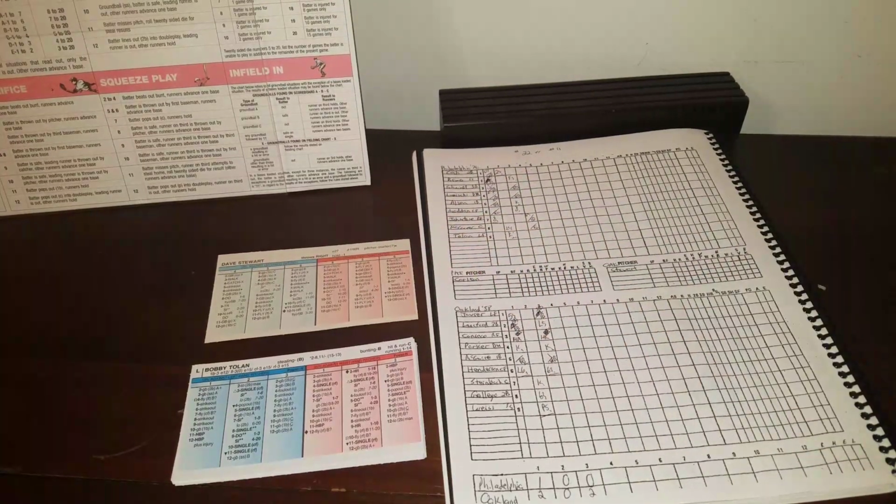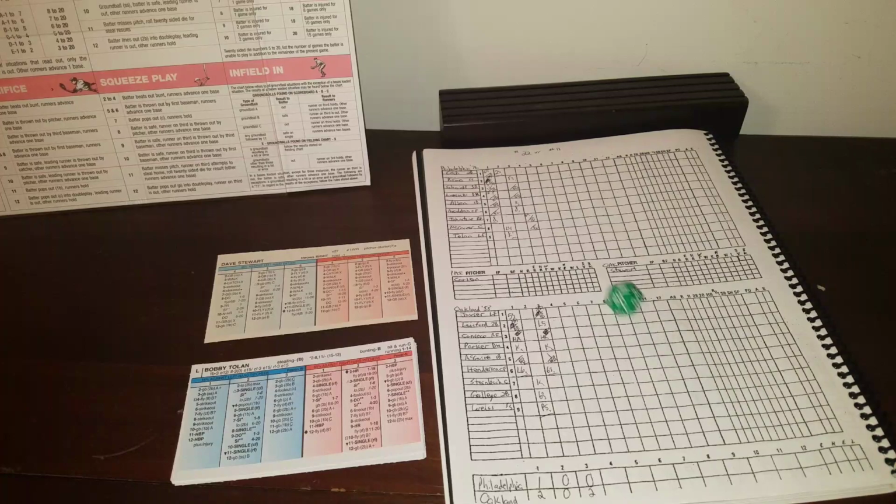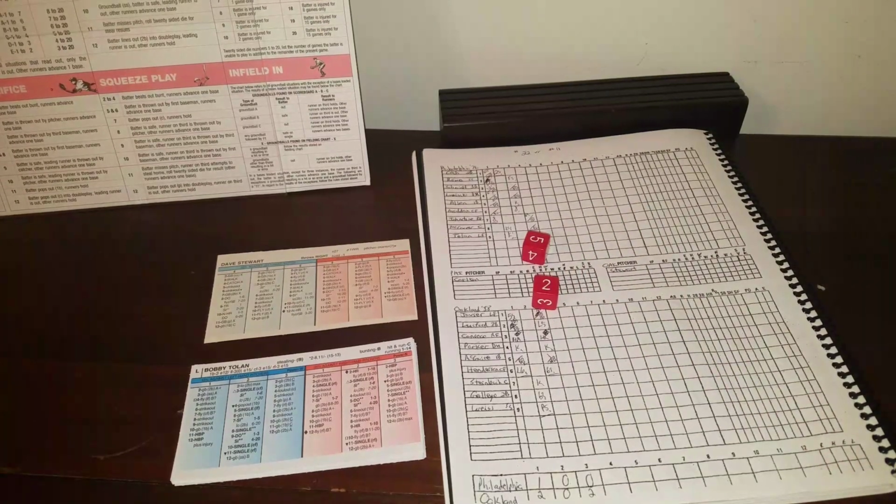That is Walt Weiss. And Weiss is a 2, E18. So he's a 2 for range. 2 and an 8. Let's see if that goes to the error range for the shortstop. Yes, it does. So we're going to check his error rating, which is an E18. So E18 for Weiss, we get a 7. E18 and a 7